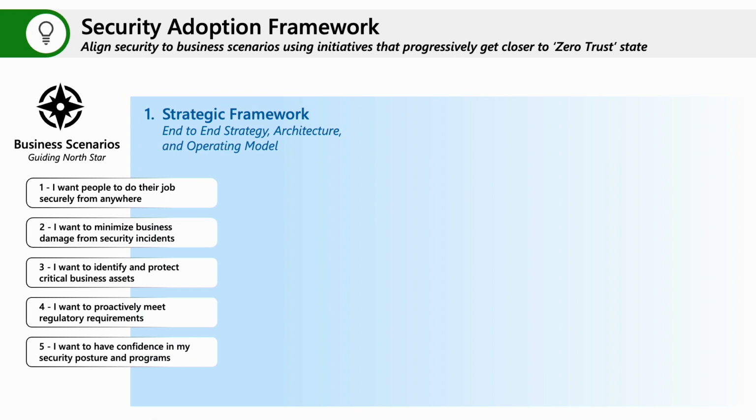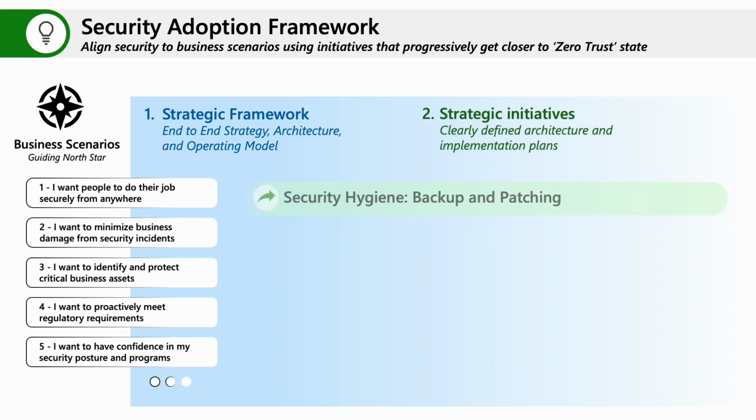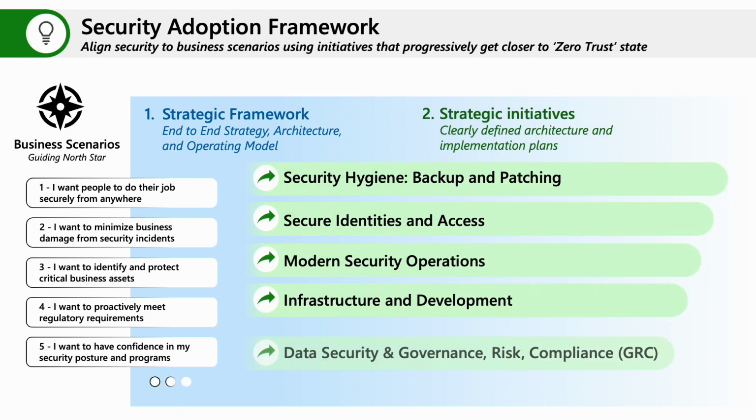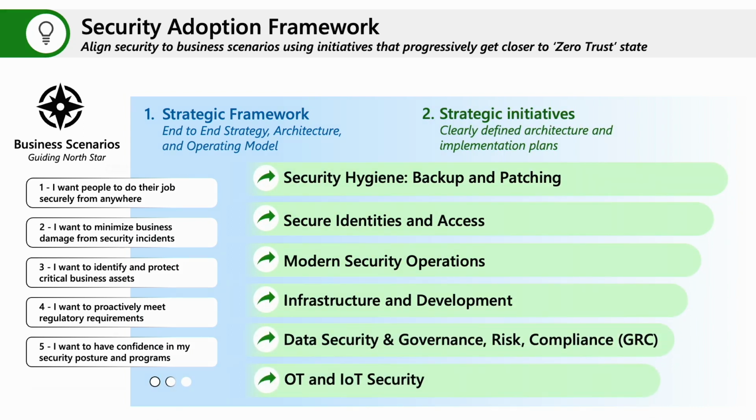These are the things that security should be aiming to provide. And then there's sort of a how to do this, which is the technical platform elements of having good security hygiene, specifically around patching, but there's a lot more to it, security updates and the like. Securing identity and access, security operations, infrastructure development. Each of these are effectively a technical modernization initiative that we guide you through in the security adoption framework.